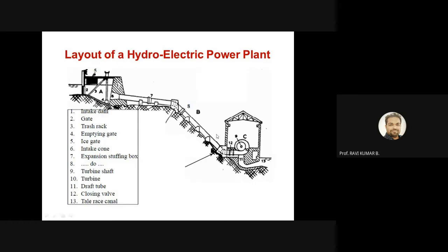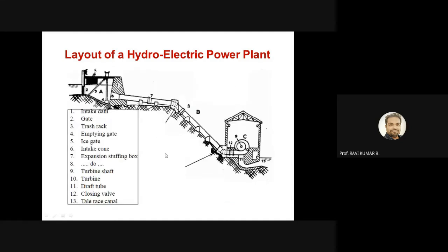So this is the general layout of a hydroelectric power plant, and most hydroelectric power plants use the same sort of setup. Now, depending on the elevation in the reservoir, you will choose the type of prime movers to be used, and also the piping systems. Usually all these pipes are made of steel of different sizes. The size will vary as per the datum height available in the reservoir.